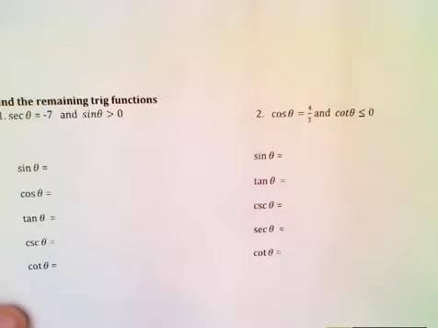And I think I'll stop there, and I'll just do each page